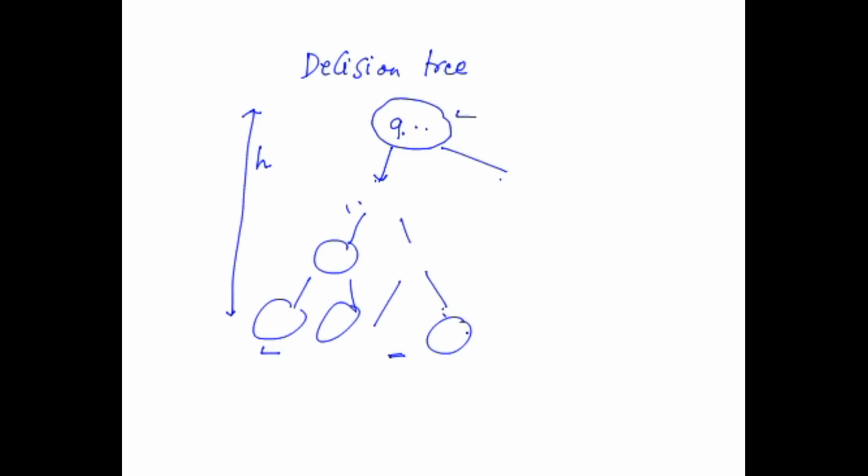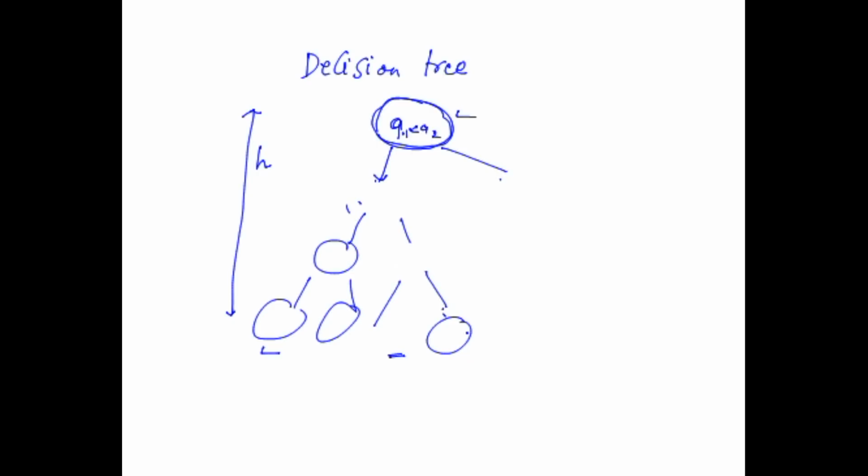I repeat, given any sorting algorithm, say a sorting algorithm written by you, I do not know what your sorting algorithm is. I am trying to see the maximum number of comparisons that will be done by the algorithm. So I write a decision tree for it. What is a decision tree? Since it's a deterministic algorithm, I ask what are the first two numbers that you are going to compare. That is the first comparison, and depending on the answer, you do certain comparisons. I write it down.